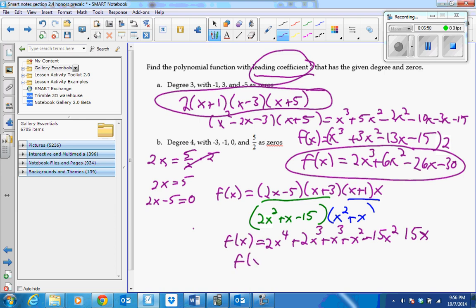And then when I simplify that, I get 2x to the 4th plus 3x cubed minus 14x squared